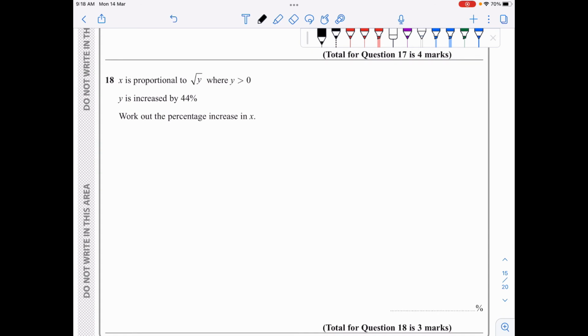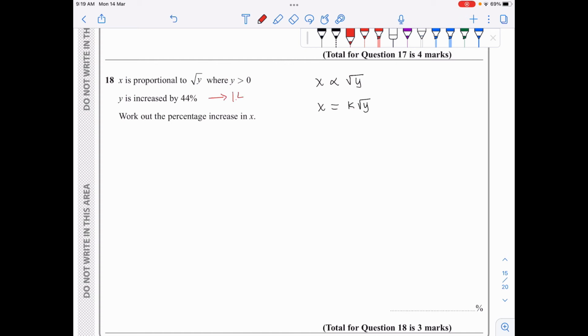Question 18: x is proportional to root y, where y is greater than 0. y is increased by 44%. What is the percentage increase in x? So x being proportional to root y means that x is equal to k root y for some constant of proportionality k. Now, if y is increased by 44%, this means that we go from y to